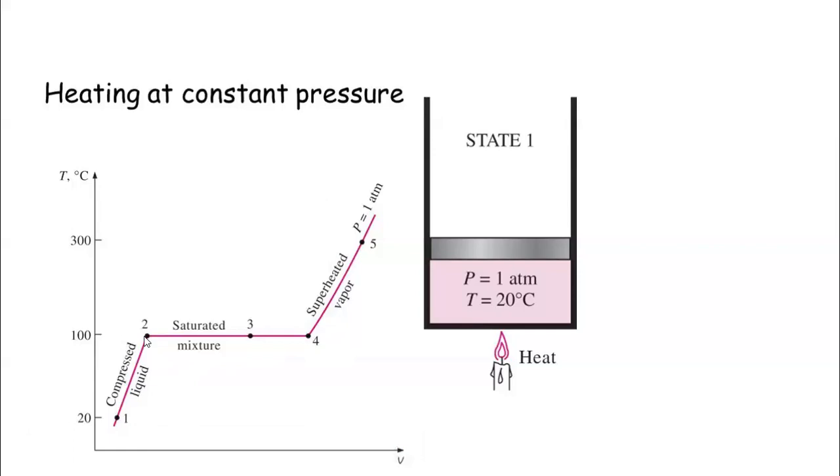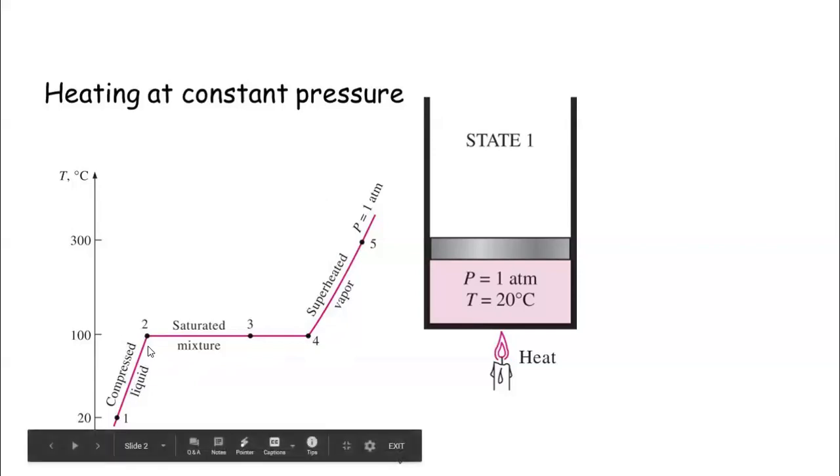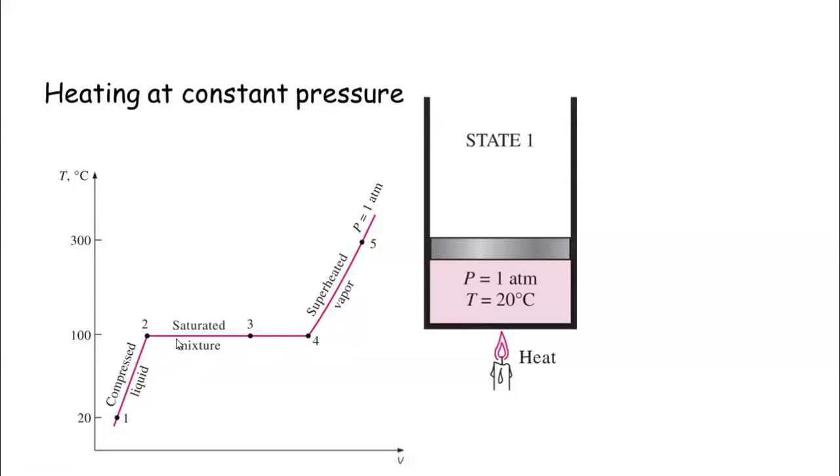If you heat this further, you'll find that now the line becomes flat on a temperature volume diagram. Meaning is that the temperature would no longer increase, but the volume would increase. Now, why is that so? That is because now, when the temperature, which is the saturation temperature or boiling point, is reached, the phase transformation, that is from liquid to gaseous, begins. So state 2 is the saturated liquid, saturated water. It is the state where the water is about to boil. If you continue heating this, it would convert itself to saturated mixture.